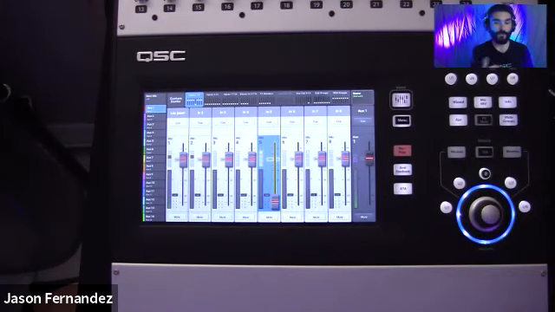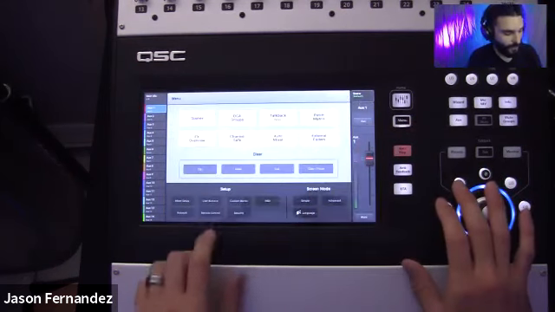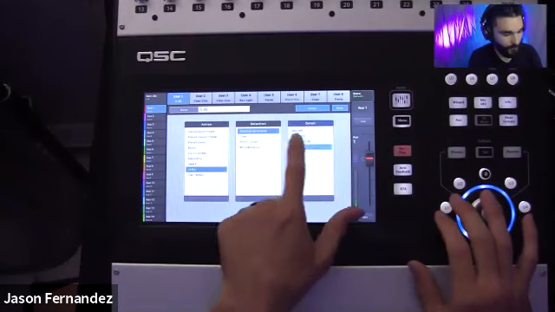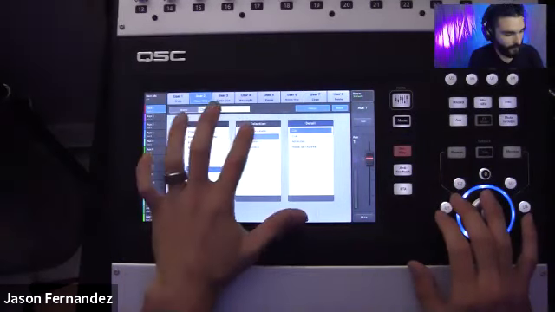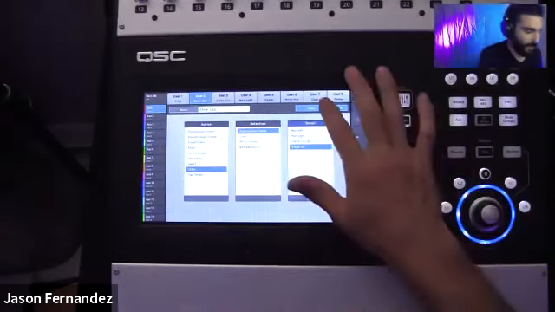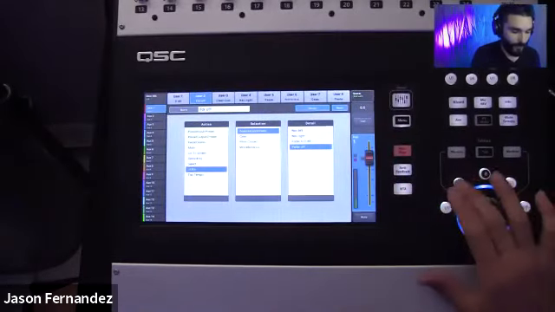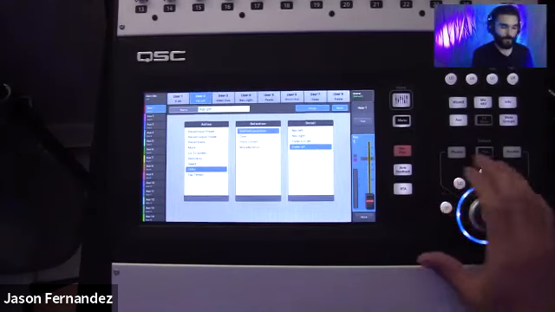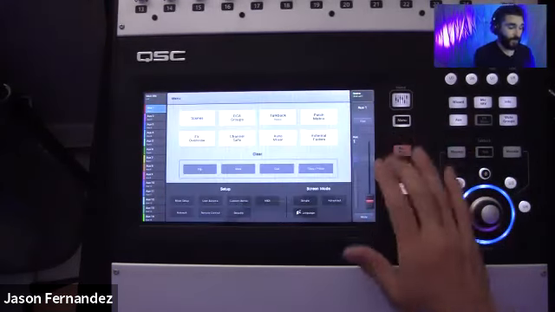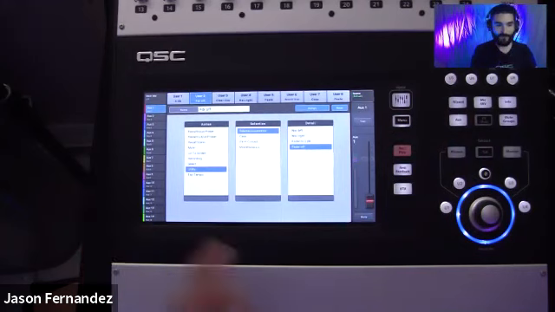If you want the inverse function for an output fader, so if you want to be able to take an output fader all the way down, I could use the fader off function. So I'll go to U2 and I will set that up as fader off. And now if I select an output fader and hit U2, it takes it all the way out. So user buttons are a great additional customizable navigation and operation tool that you can really set up to do just about anything you want.